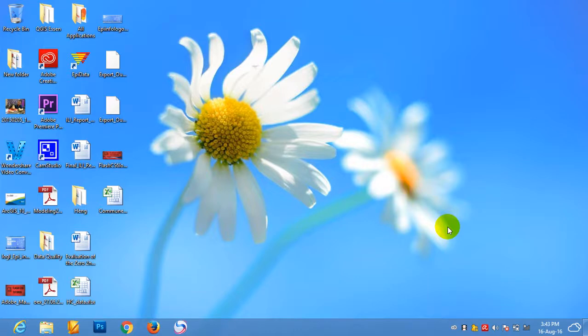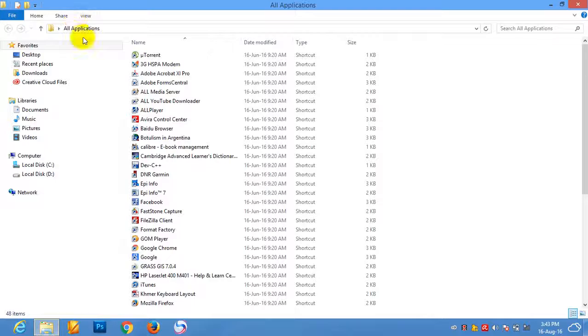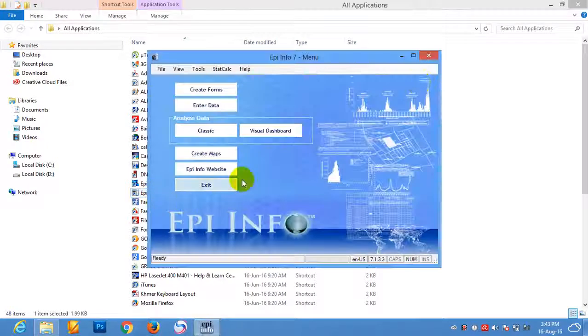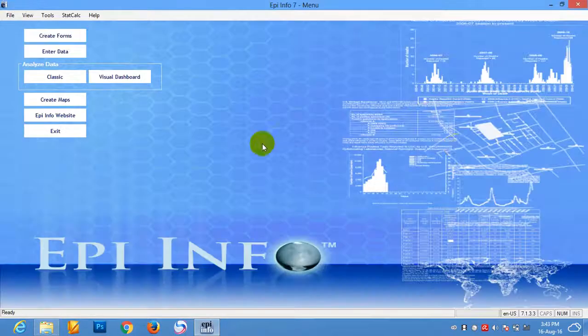So now we start to design a form on the Epi-Info7 software. So we open the Epi-Info7 software first. Here, Epi-Info7. Okay, here is the main menu of Epi-Info7 software. So to open the form designer,